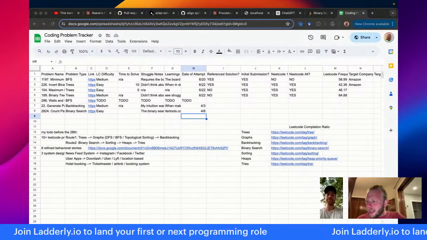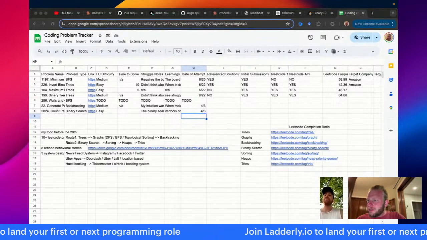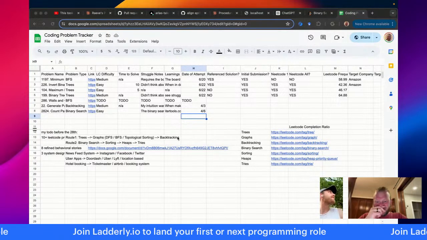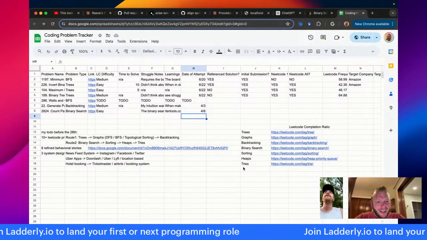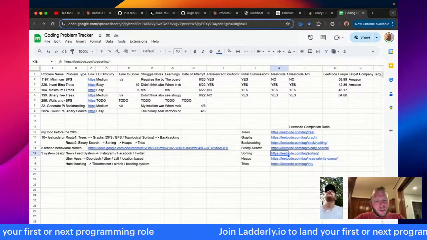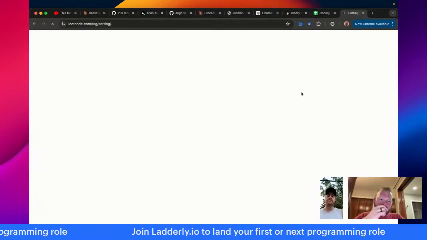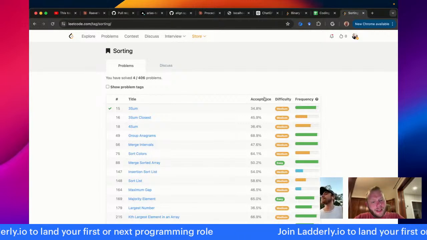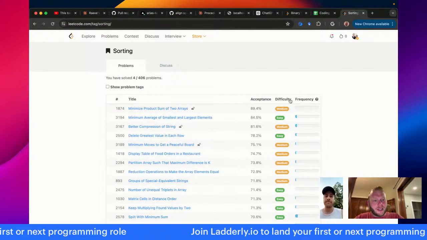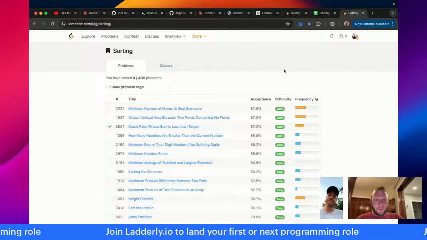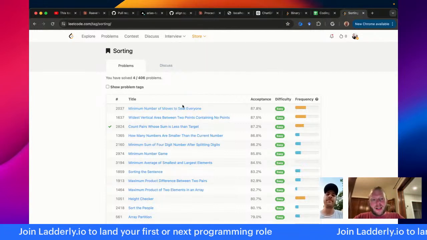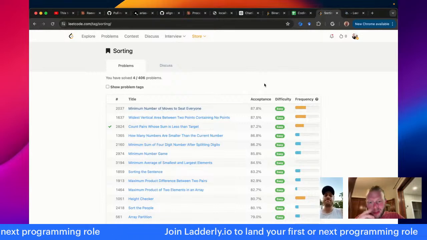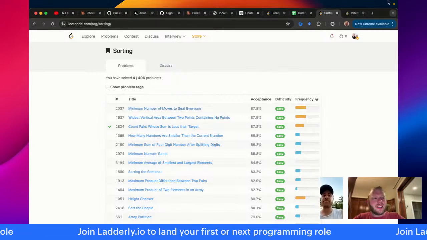All right. Anything else, Matt, or should we hop over to some code? Code it up. That's what the people want to see, right? Just slaving away at the code. All right, so I'll be going into our famous Leetcode.com. Man, it is what it is, right? What can I say? I'm going to go for easies. I'm just sorting by easy, and up comes this one that I haven't done: minimum number of moves to seat everyone.